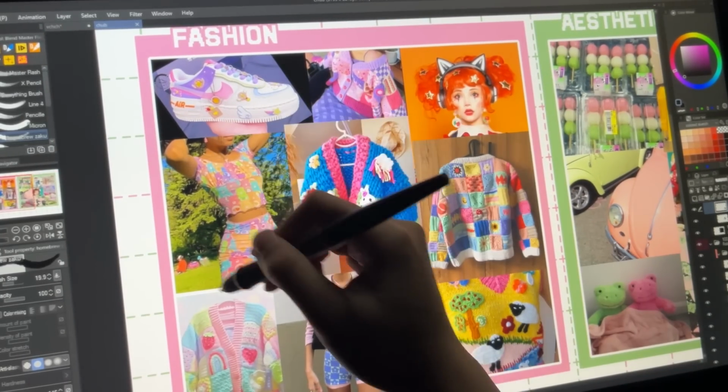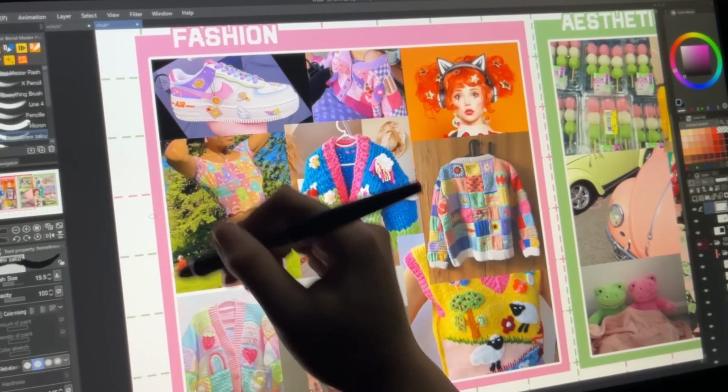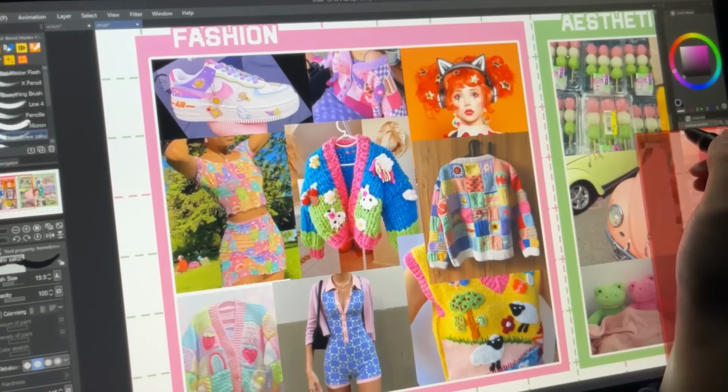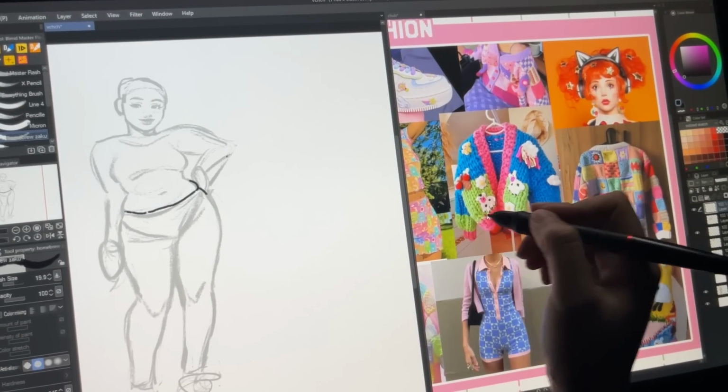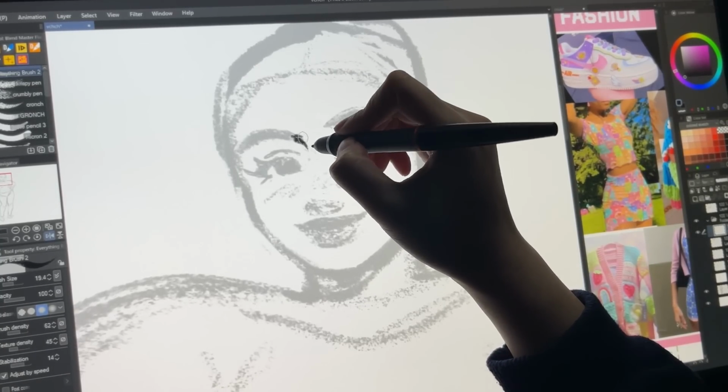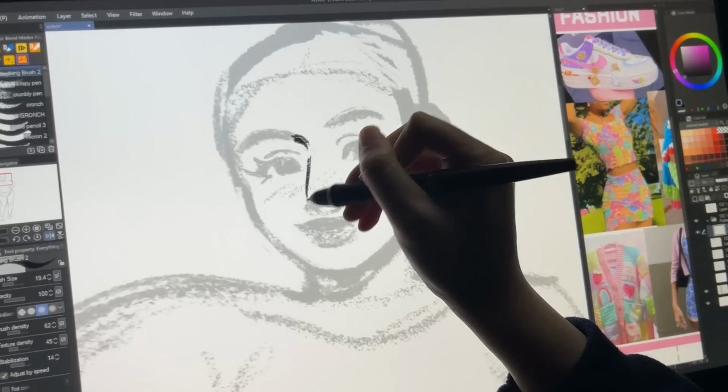And I really like this Care Bear pattern thing, and I wanted her to be wearing kind of patches and knitted things. But later on you see going into the colors, it doesn't really turn out that way.